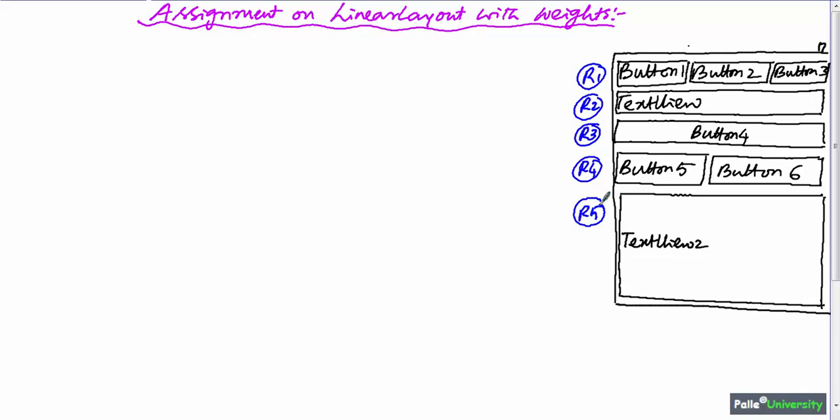All rows are sitting one below each other. So in such kind of cases, as I told you in the earlier sessions, when you see a mixture of vertical elements plus horizontal elements, it is better to take root element as vertical linear layout. So with this, the conclusion is the root element of your XML should be vertical linear layout.